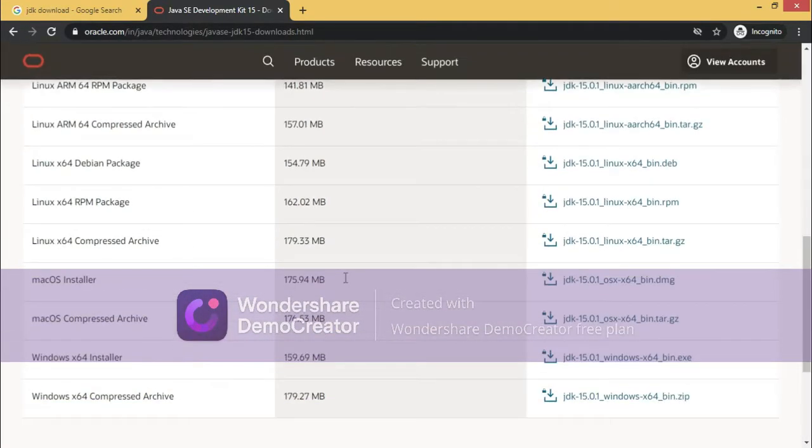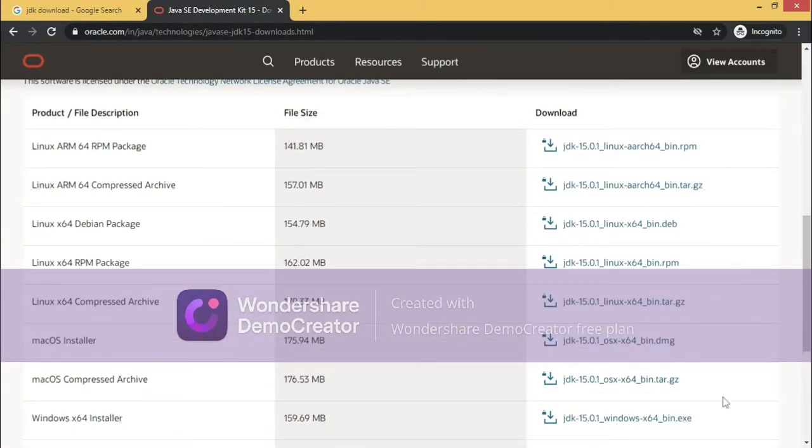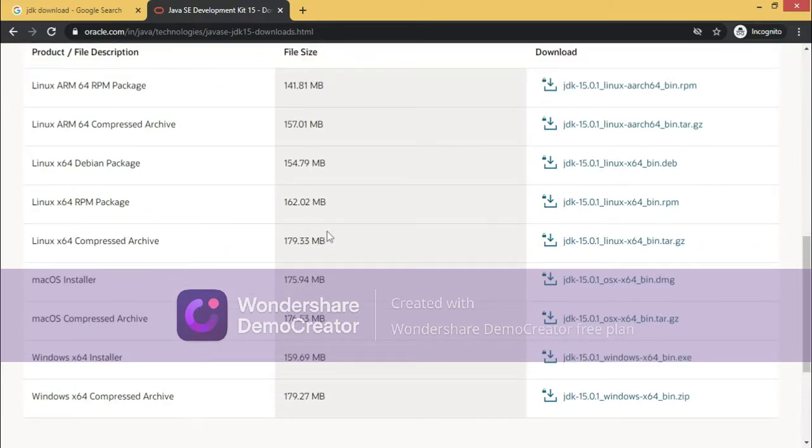Here you can see in JDK files, different types of files are there. Here you can see Linux, right? This is the Linux operating system. For that you have to download this file, and like that you have to check what operating system you have in your system.